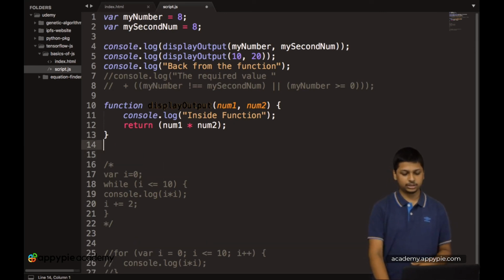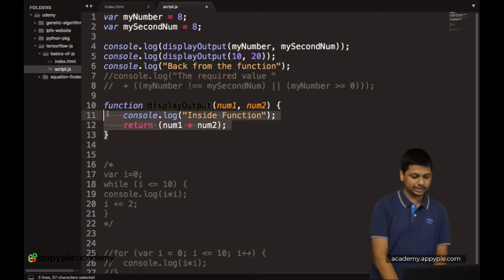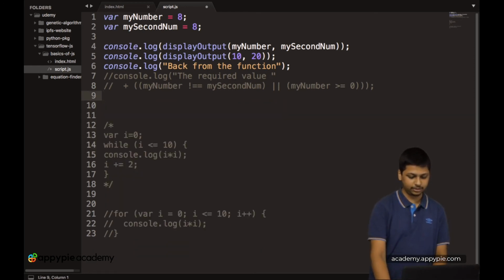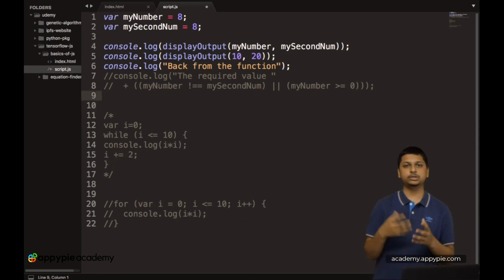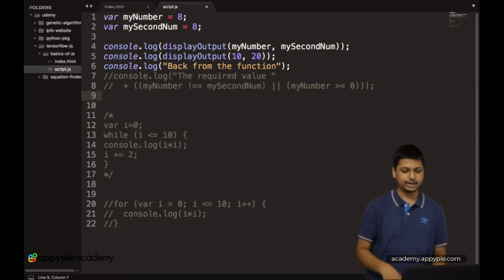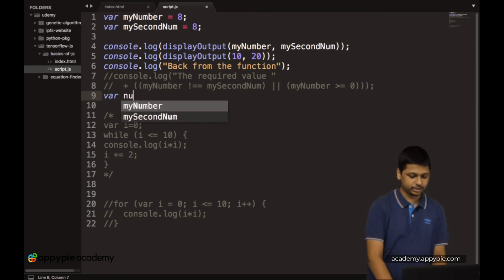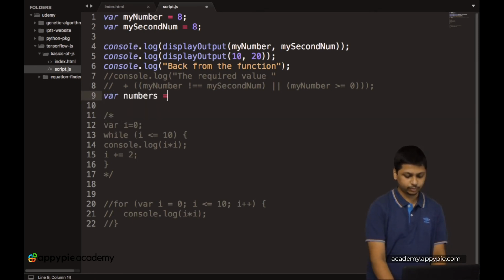Now let's type in a new array over here, and let's get rid of the display output function as well. Let's create a new array and call it numbers. So we have var numbers, and this is equal to an array, and now let's pop in some random numbers over here.